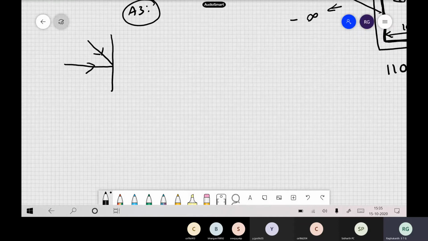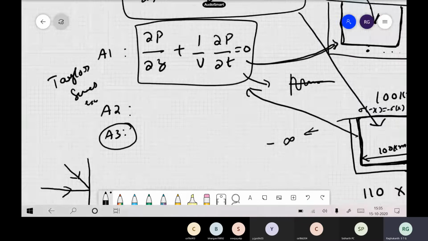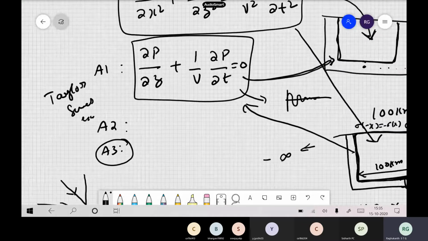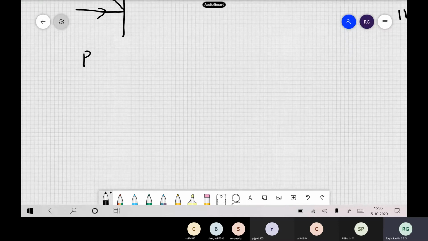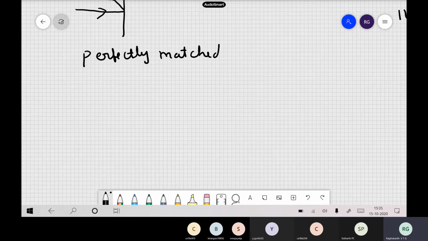The absorbing boundary condition is not really a boundary condition in this case. The equation of motion is different in that region, but the equation of motion is written such that if you solve this equation, automatically you will get damped waves. That is the philosophy behind this absorbing layer. Then we also discussed the perfectly matched layer. What do we do in a perfectly matched layer? Last class we told, right? What do you mean by a PML layer?